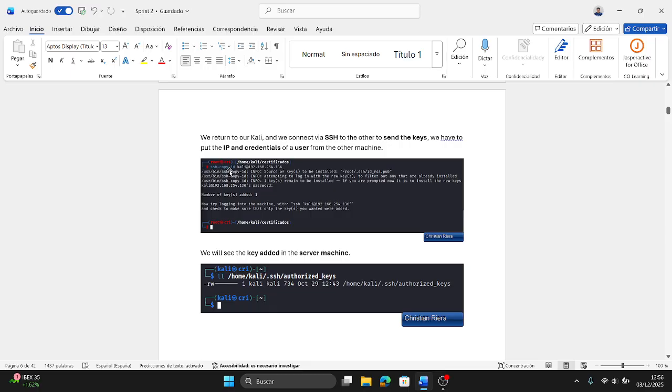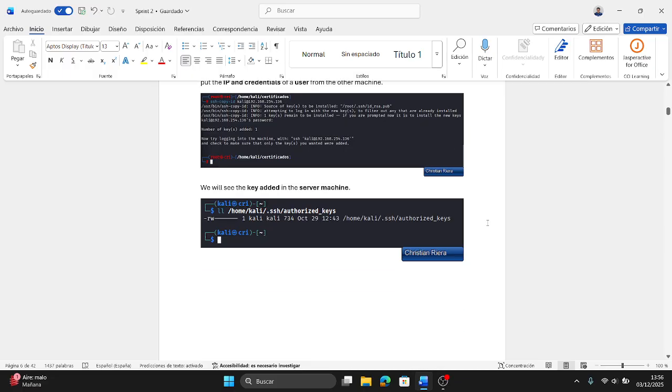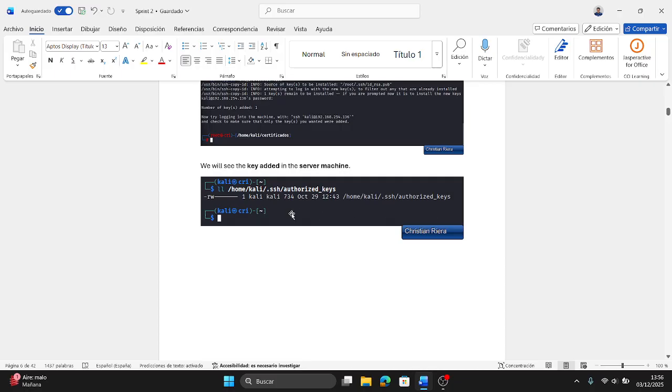We copy the two key files and we connect via SSH, putting kali, that is the name of the user from the other machine, and the IP, and we have to put the password when we put this command. Now in the server machine we do a ll to the directory that is saved and we see that we have the key.